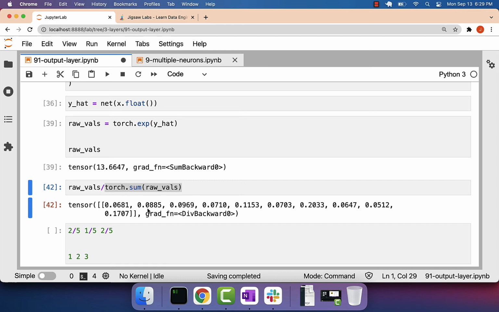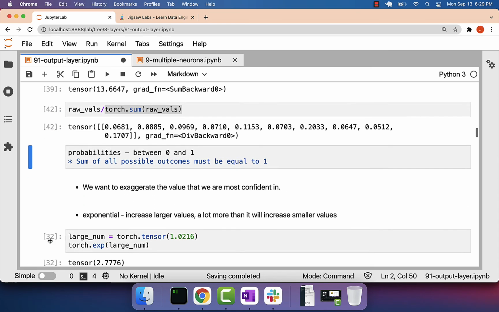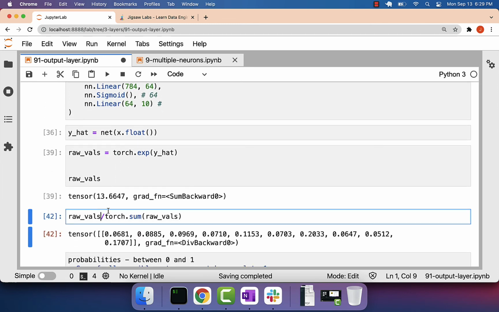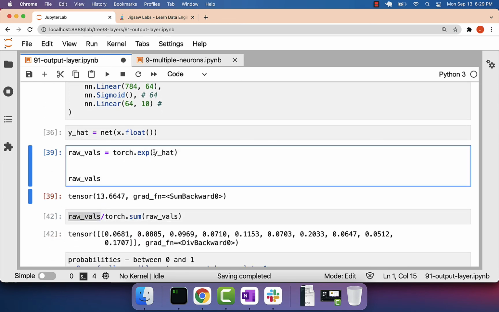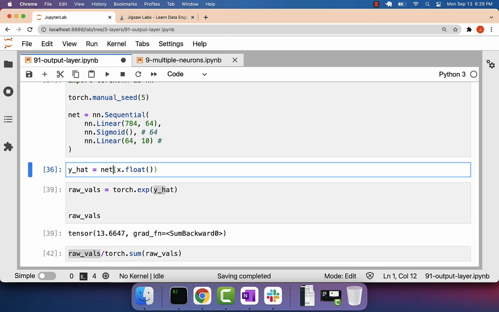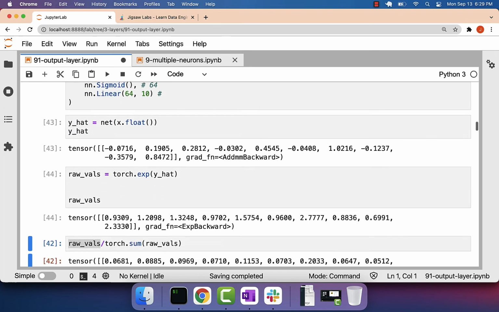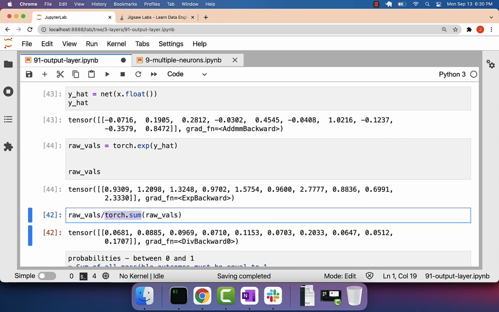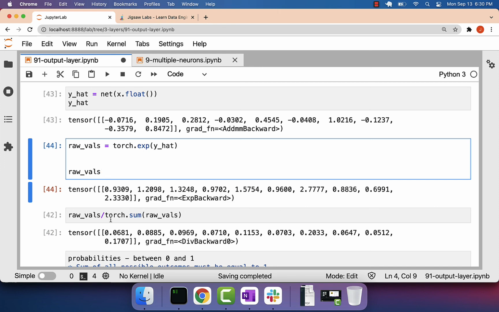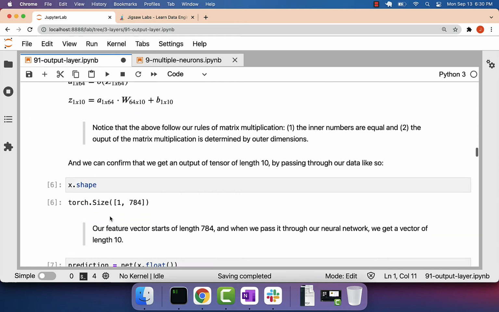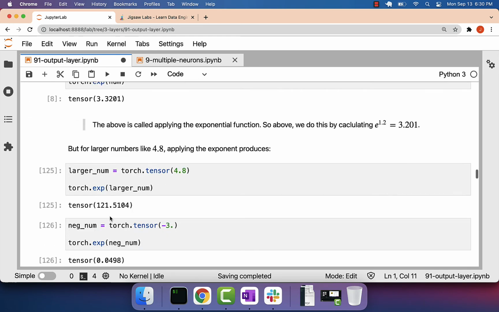So that's pretty good. Now that procedure that we just applied, where we first applied the exponent to these values, and then we divided by the sum of these values that we applied the exponent to, that's called the softmax. So I'll show that to you mathematically